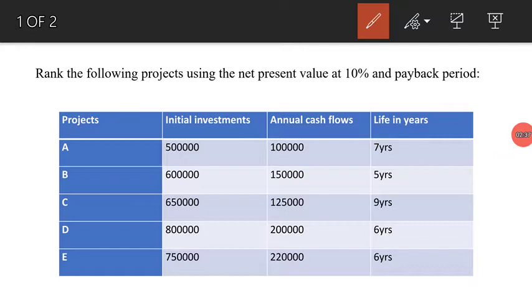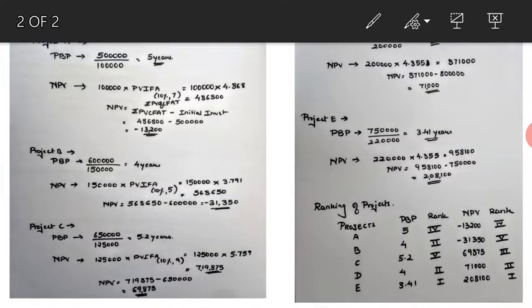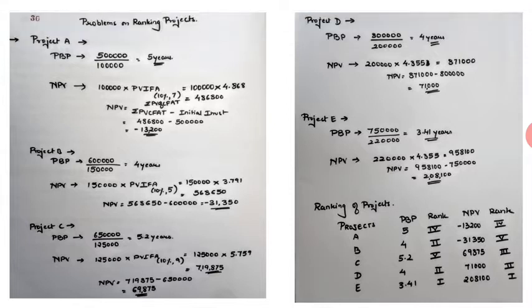Okay, once we have understood that we have to use annuity factors since cash flows are uniform for a particular project for all the years of the project, we can go ahead with the solution. Now let's go ahead with the solution. Okay, if you understand, there are 5 projects A, B, C, D and E, and we have to calculate payback period and NPV. So payback period, very simple, because the cash flows are uniform or equal all the years. So it is directly using the formula of payback period. We have to use the formula initial investment divided by annual cash flows.